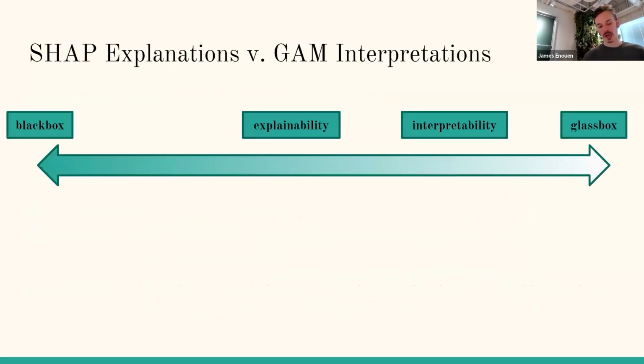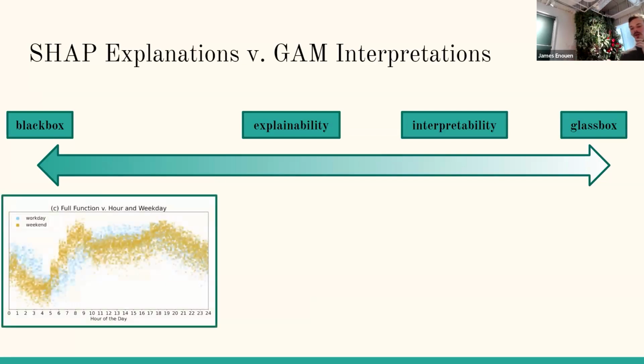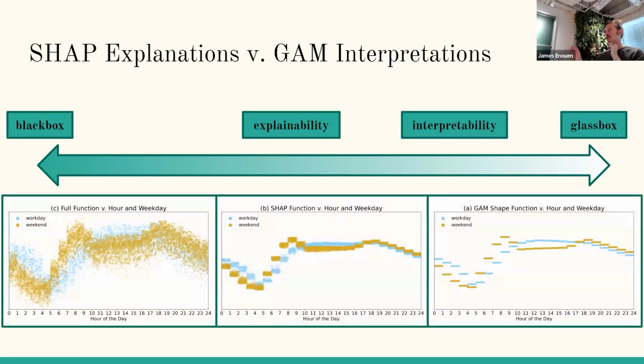Okay, so that paints us a nice picture of the spectrum in this particular additive model framework, because we can talk about the black box to the SHAP explanations to the GAM interpretations, right? And so if we go back to the same data set, this gives us a clearer picture. Okay, what if we just plot the original function that we're learning? It can be hard to understand which are the important trends for it.